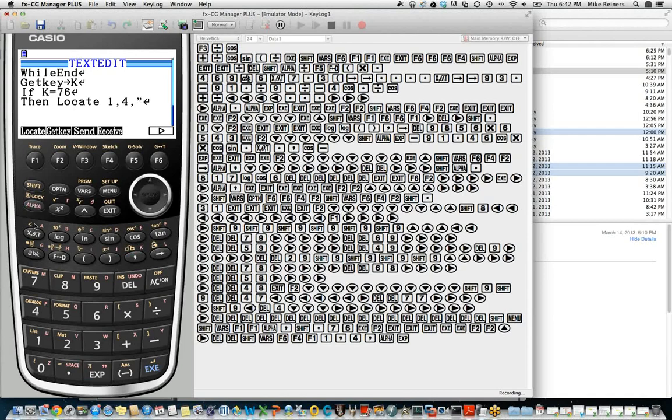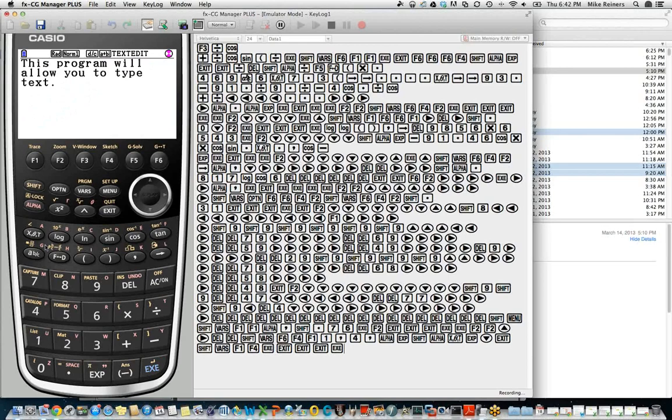So we do alpha quotes. Actually, we could have done alpha lock so that we get quotes, A, quotes. If they press the key corresponding to A, it's going to place an A in that position. If they press any other key right now, our program will just end. Always end your if statement with an end if. Again, programming commands, command if end, and press execute, and let's run our program.